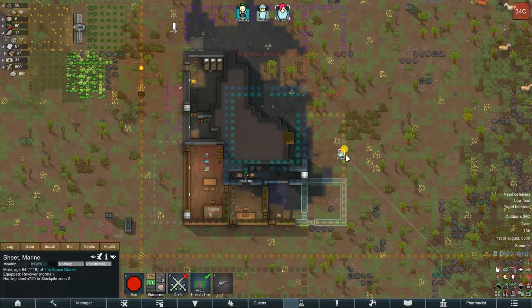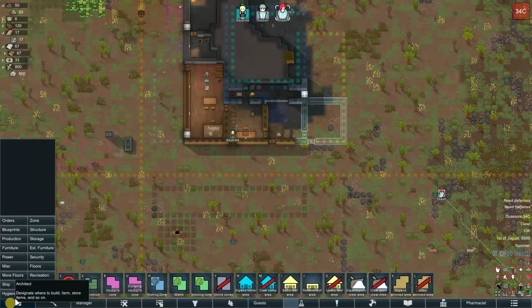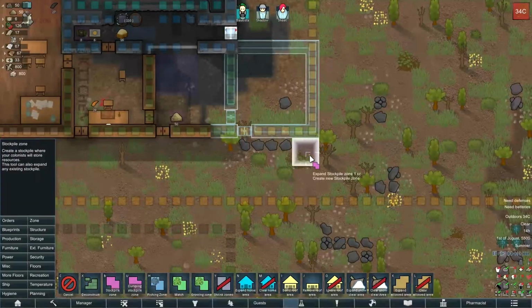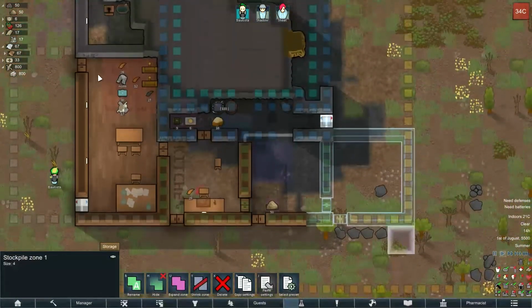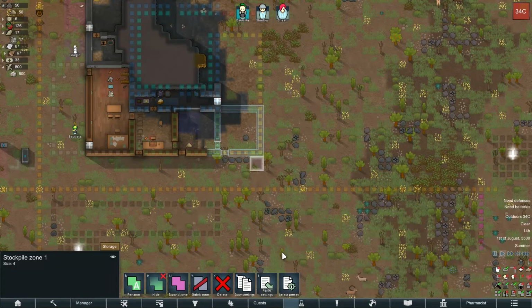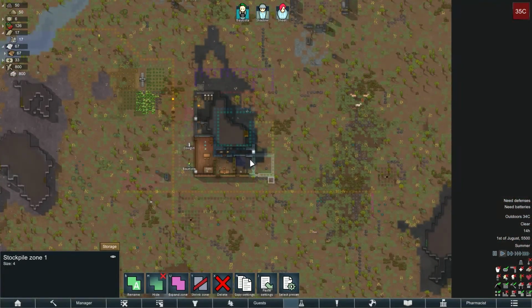Thanks. Sheet, what you up to? You're hauling steel. Alright, that's fine. Actually, what I might do, I'm going to make a little secondary zone here with the same settings as this. I always hate it if they're going to be building here and they haul to this other area, although he's going to be building there, so it kind of works,